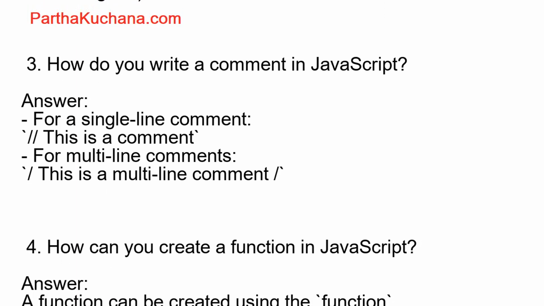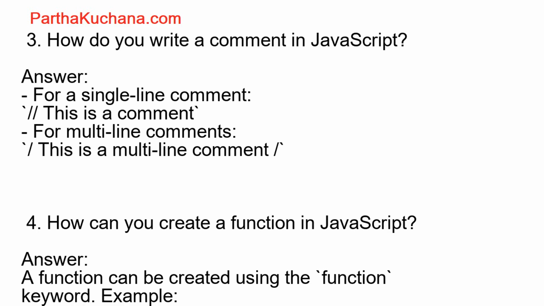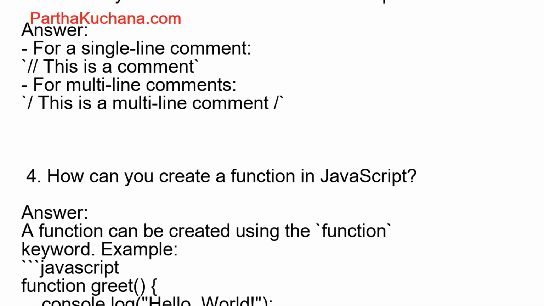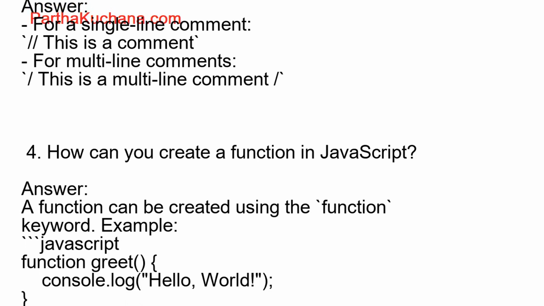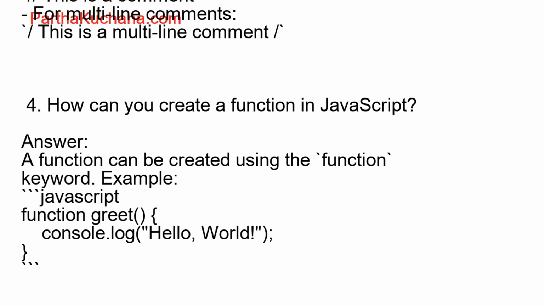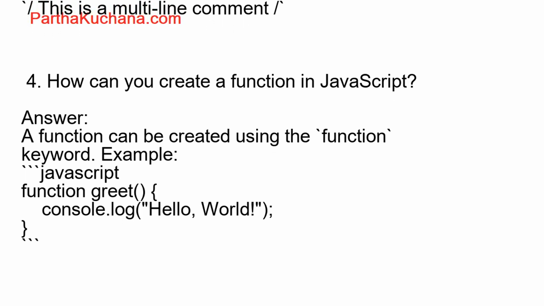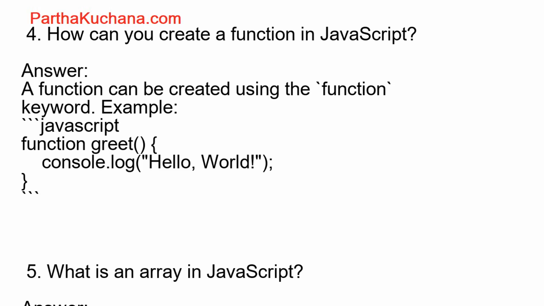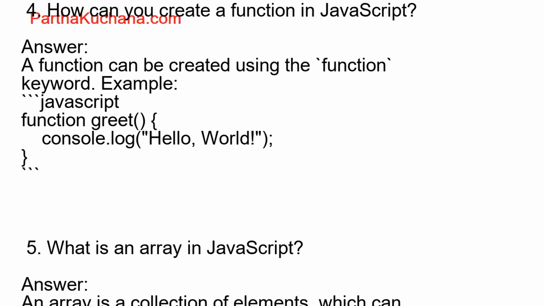5. What is an array in JavaScript? Answer. An array is a collection of elements, which can be of any data type: numbers, strings, objects. Arrays are zero-indexed, meaning the first element is accessed with index 0. Example, JavaScript: let colors = ["red", "green", "blue"];